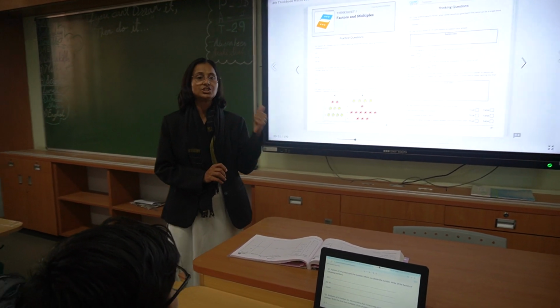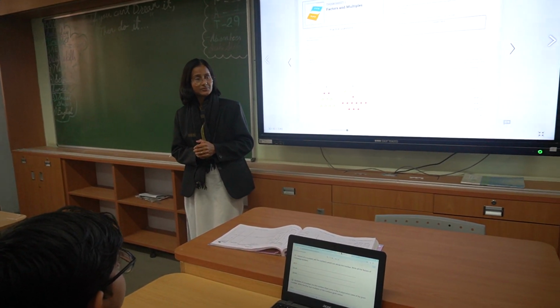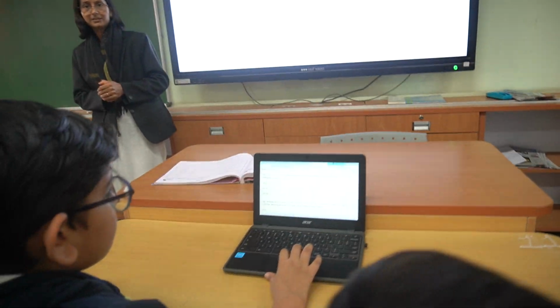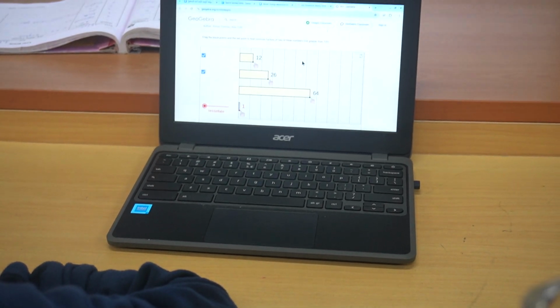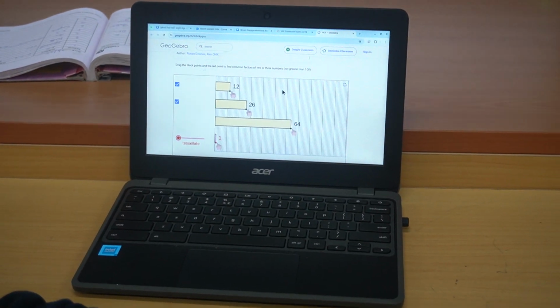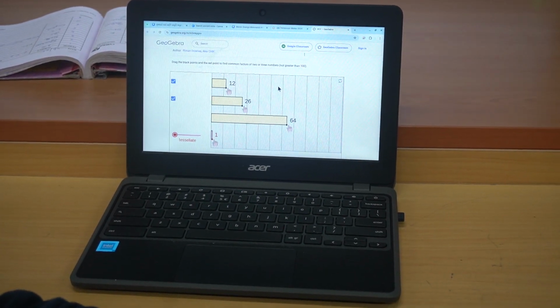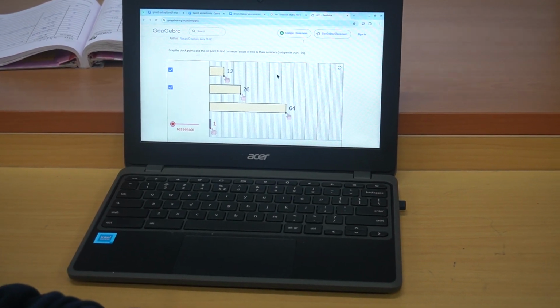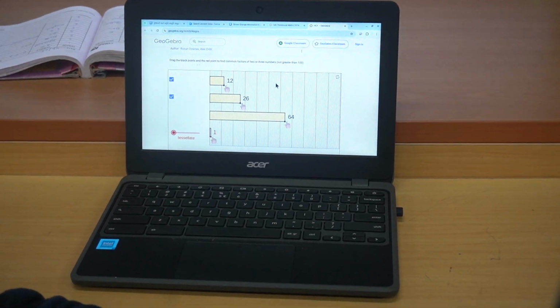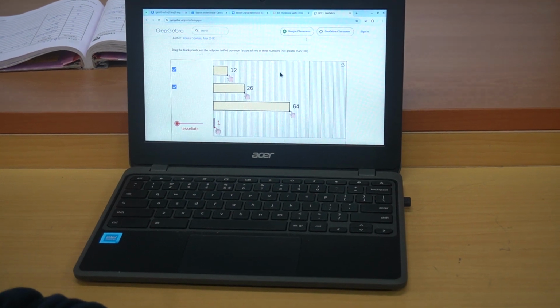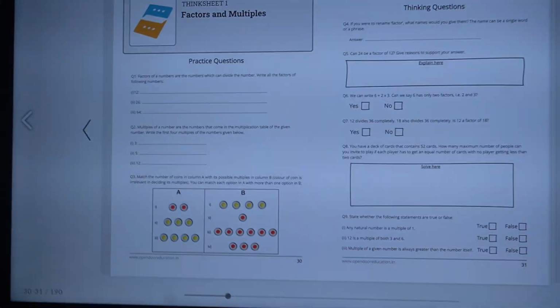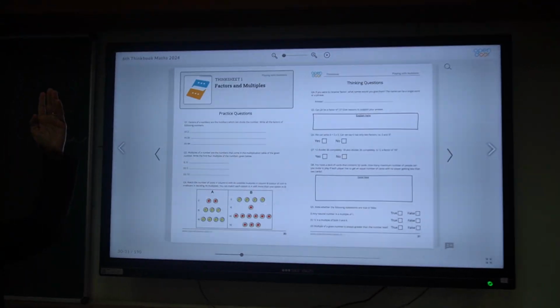You have to open the GeoGebra link which I have shared in Teams. Go there, open the link. If there are only 2 yellow bars, on the left side there is a box which is unchecked. So check that box, you will get 3 numbers. Adjust the black dots for the numbers and you need 12, 26, 64. Done? Notify me by raising your right hand if you are done.